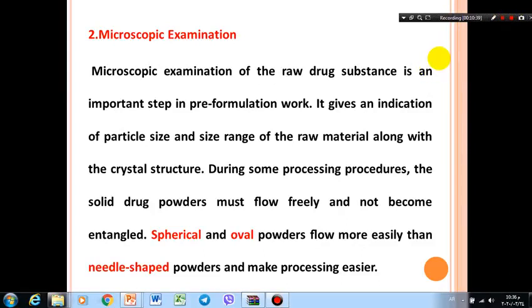The second study is the pre-formulation microscopic examination. Microscopic examination of the drug substances gives us an idea about the particle size and size range of the raw material. This is important for drug powders